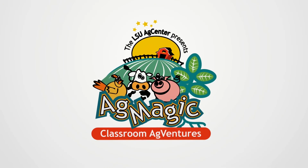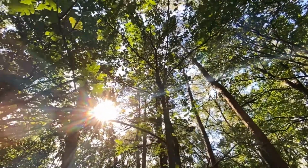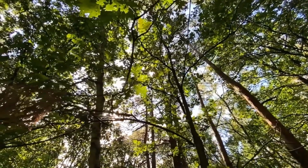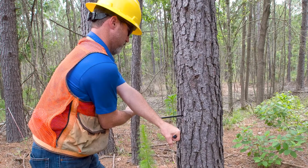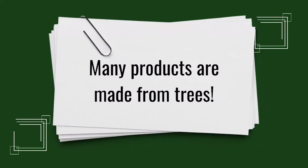Today's AgVenture takes us to the forest of Louisiana. A mature forest is a beautiful sight. Today we will learn about trees, how they grow, different management practices a forester uses to keep the forest healthy and growing, the importance of forests to people and the environment, and some of the common forest products produced from